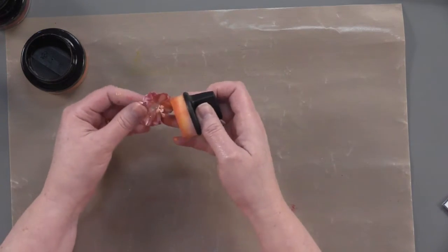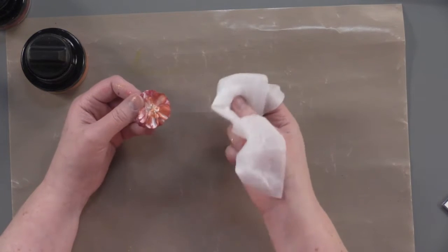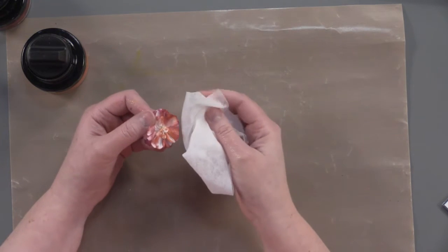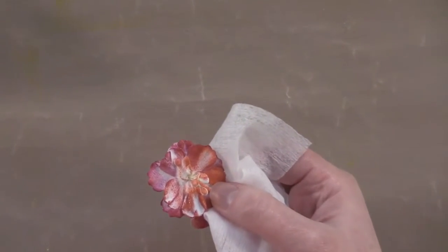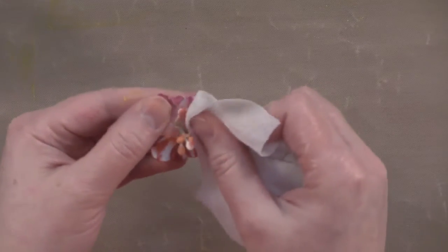There we go. All right, so now that I've got that done, I'm just gonna take a baby wipe. And the reason I'm using that as opposed to a damp paper towel is because a baby wipe has just the right amount of moisture. It's not going to get this super wet. So, and we don't want the paper flower to get super wet because then it would just go flat on us. So what I'm gonna do is I'm just gonna take this,